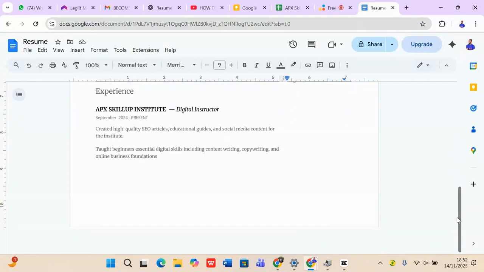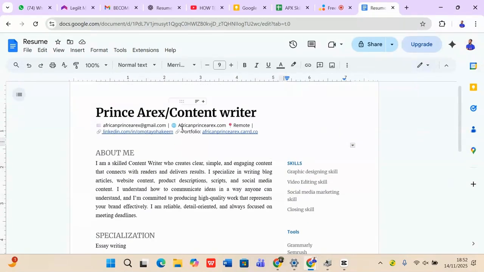Don't let your CV be 2 pages. Just compile everything. This is just a resume that shows everything that you have. All other things that they may be needing, you will have them on your website, or on your portfolio, or on your, what do we call it, on your social media page. So that is all. So while writing something like this, it's good to go to submit it and send it to your client.